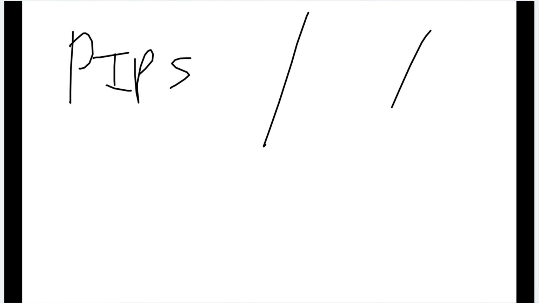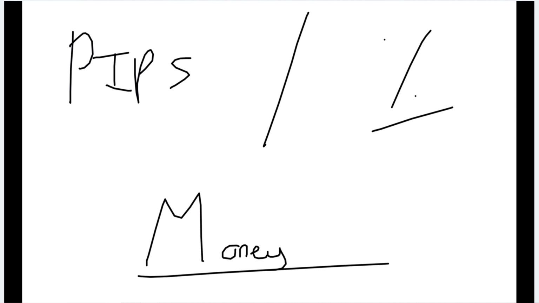Now, the next thing I'm going to go over is primary focus in this market: pips, percentages. Pips and percentage. Now, these are so important. So you got the pips. You have the percentage. And then you also have, which is of importance, money. Let's not kid ourselves. We're all in this market to make money. Okay? The 9 to 5 just doesn't really cut it these days. Working for somebody else doesn't really cut it these days.